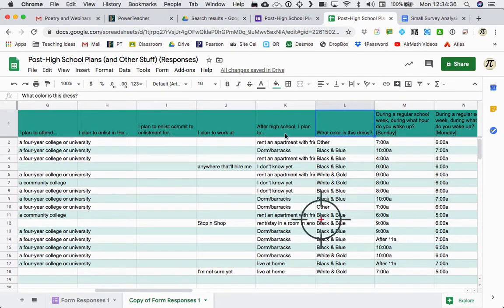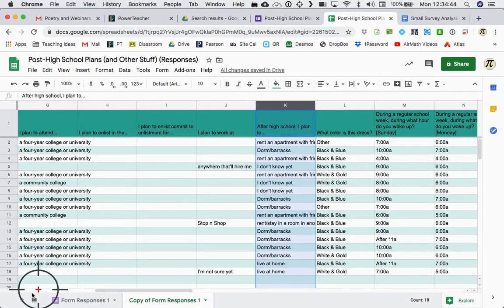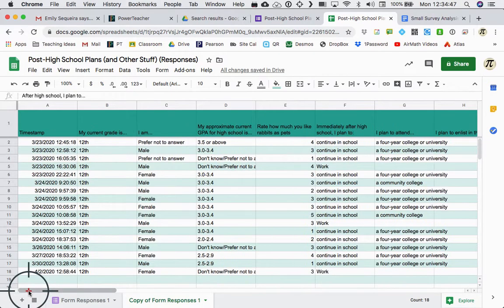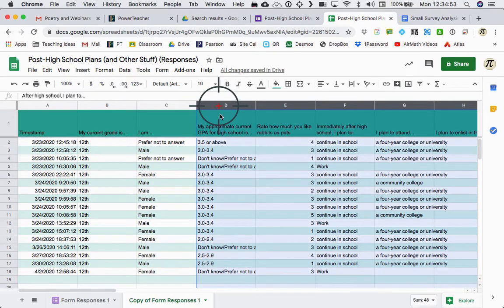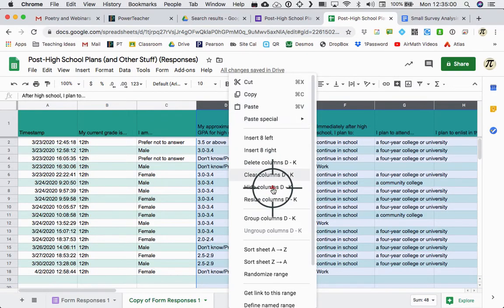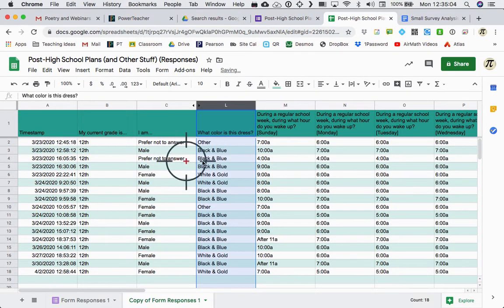But I want to compare, see how male-female relate. So what I want to do is hide all the columns between the two. If I select K right there, and I scroll all the way over to see where the male-female question is, I'm going to hold down the Shift key and select D. Notice it selects all those from D to K. Now if you right-click, I have the option to hide the columns. So I hide them, and I see right here next to each other are the data that I want to